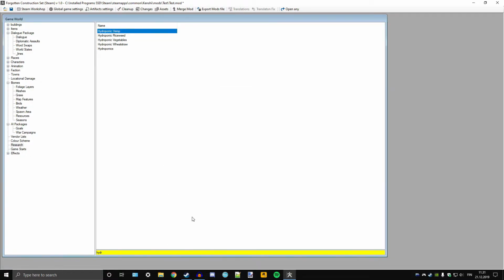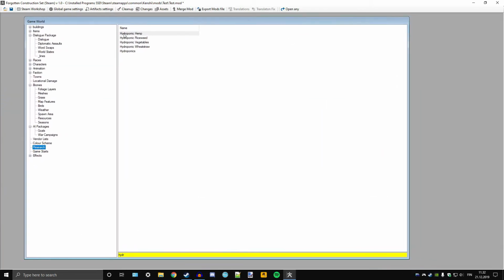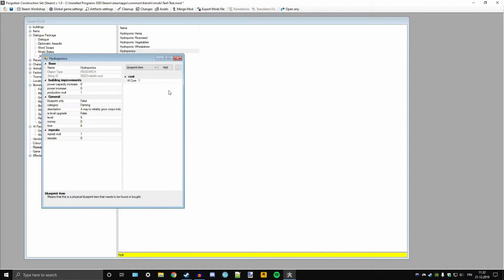this crap. Where'd it go? Oh, I got all these windows open. Let me just shut them down. So you research hydroponics. It costs 1 AI core, and you need a level 5 research desk to use it. It doesn't cost any money. It takes 6 in-game hours to research, apparently. And